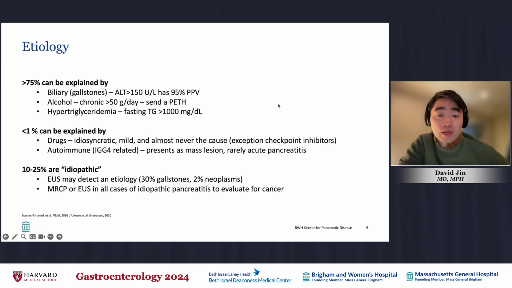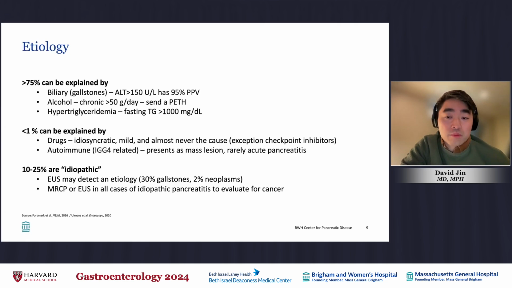In these patients, we have a biomarker called phosphatidylethanol, the PEth level, that gives us a rough idea of how much alcohol a patient may have been consuming over the prior 2 to 4 weeks. The third most common etiology is high triglycerides, typically a fasting triglyceride level greater than 1,000. Very rarely is pancreatitis caused by medications or drugs. These are typically idiosyncratic, mild episodes, and they're almost never the cause of pancreatitis, with the exception of immune checkpoint